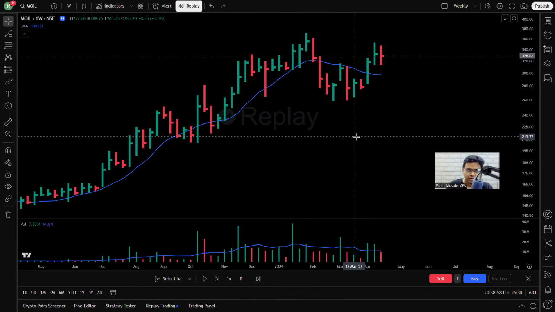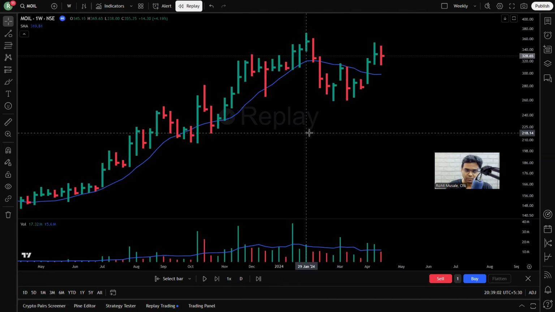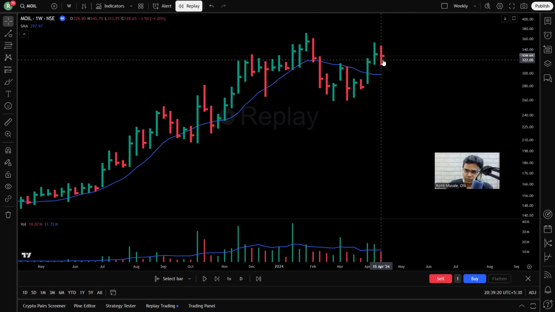Okay. So this is MOIL weekly chart. Remember, long ago, I had made a video on MOIL. I had taken this trade. Those days, I used to discuss stocks before the SEBI regulations came. But these days, I don't discuss individual stocks. I take old stocks. So this is April 2024. As per the latest SEBI guidelines, we are only allowed to discuss old